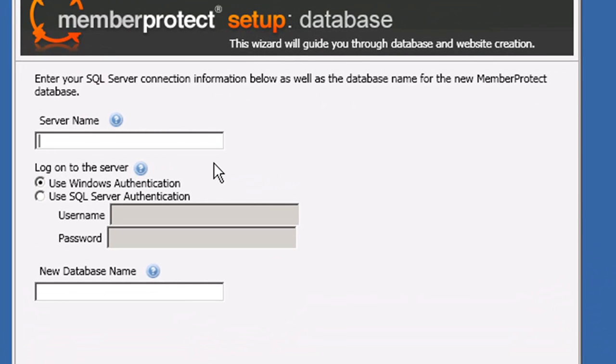Now we need to set up our MemberProtect SQL database. This uses SQL Server 2005 or greater, and what this will do is create the database schema, the data structures necessary to hold your MemberProtect data. You can also use this for your application database, or you could create a separate database to hold your application